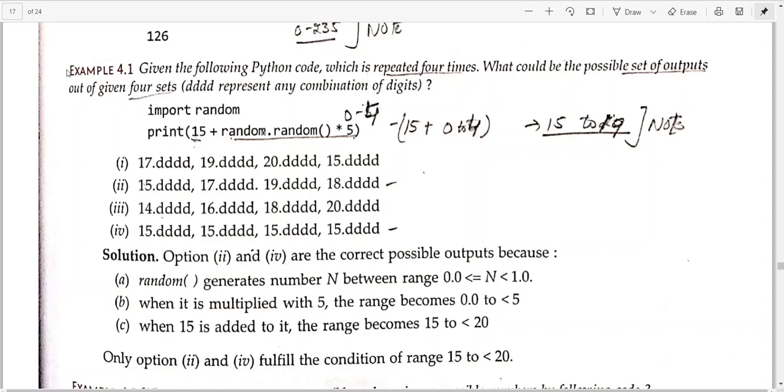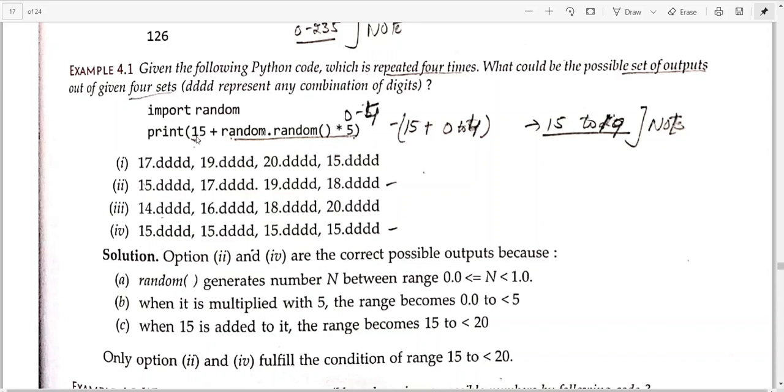Okay, so this is the given question, and you know, if a range of random numbers is specified, then the answers may vary every time. So what is the problem? He is giving you this statement and he is asking what all outcomes can be true for the given statement. He is saying he has repeated this particular function 4 times and produced these outcomes. So he is asking you to check whether these outcomes he has written are valid or not.